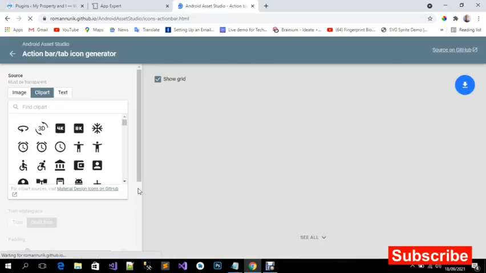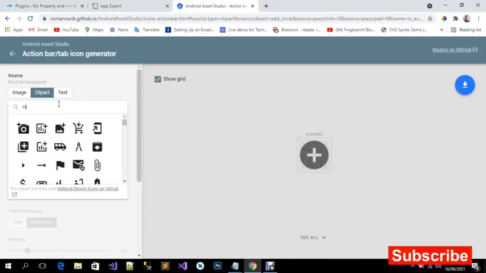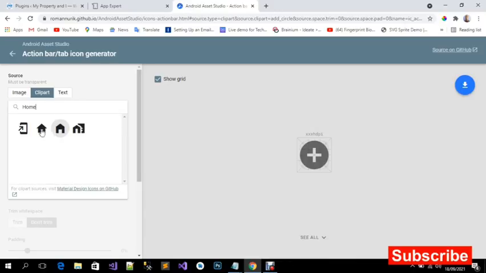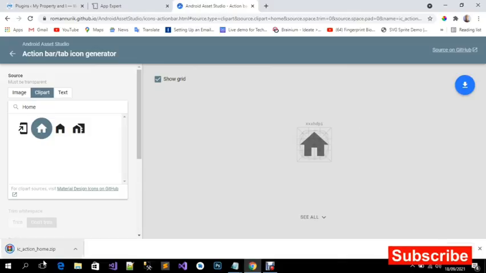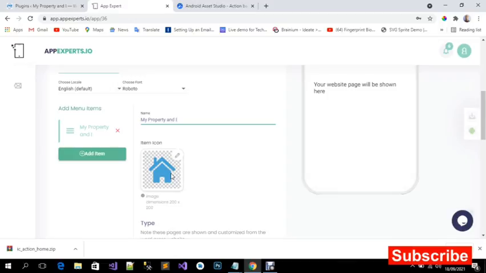So for instance, if you need an icon for home, you can use any of these, either this or this. Once you've selected the one that you want, you click on download zip, and it will be downloaded. You can unzip it and of course add it here, if you want. So My Property and I, that's the